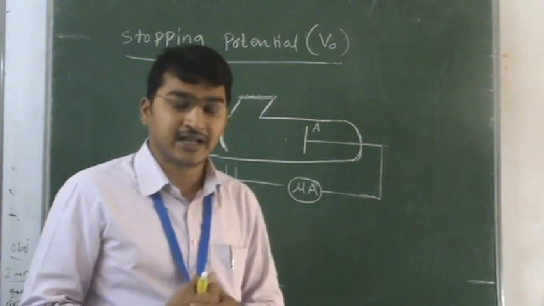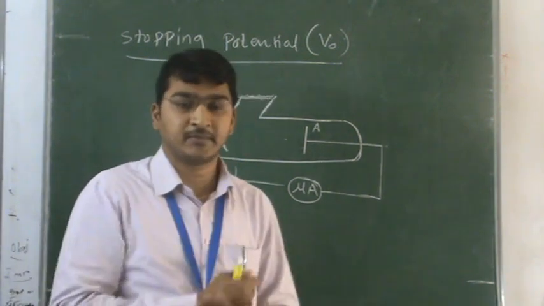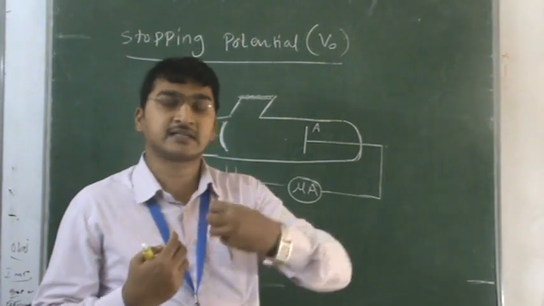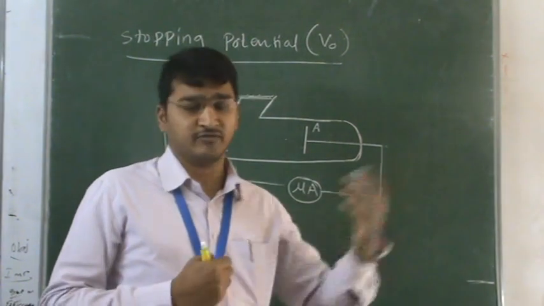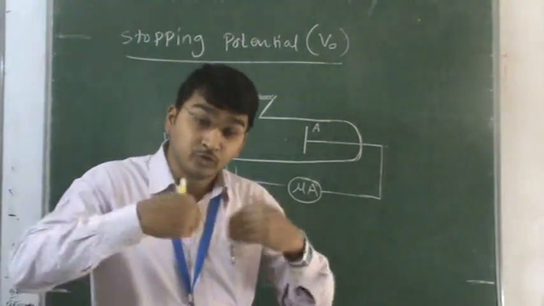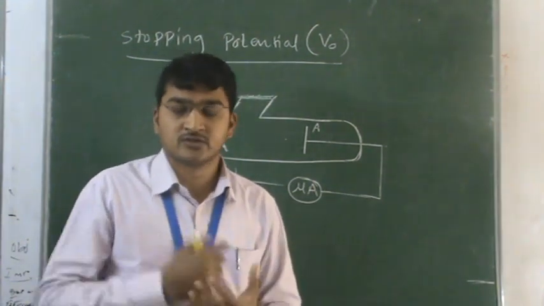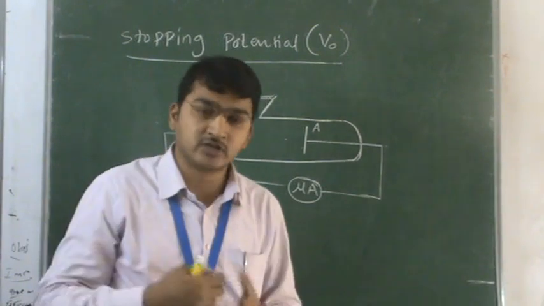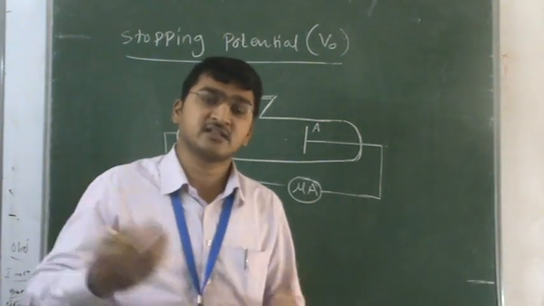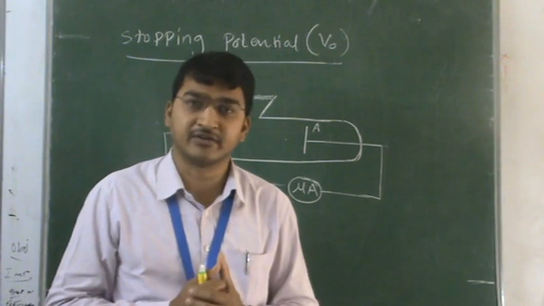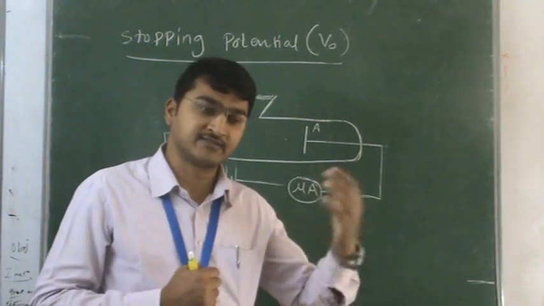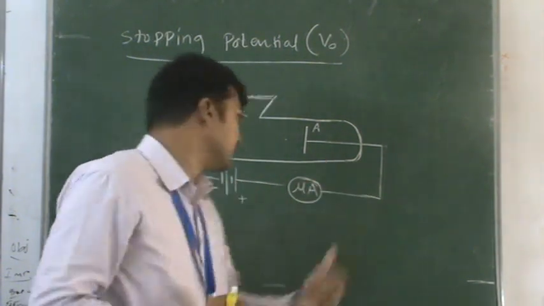immediately the electrons are ejected from the surface. That we already know. In the same way, in the presence of UV light, when UV light falls on a zinc plate, the zinc plate ejects electrons, so we can observe the photoelectric effect in the case of UV light as well as visible light.